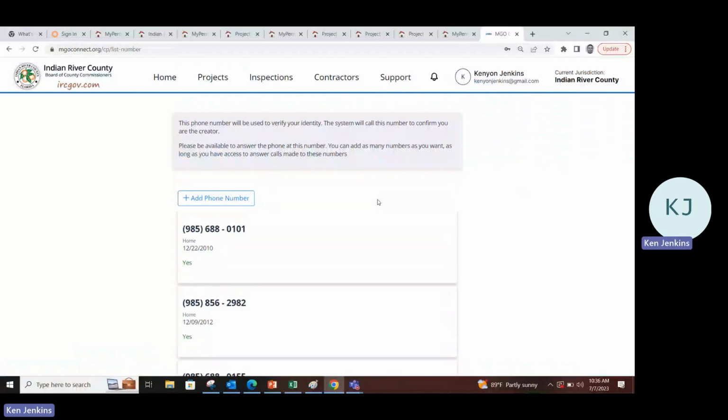Now that we've linked our contractor license, we can go ahead and apply online for a permit. To apply online for a permit, you would select Apply Online for a Permit. You would select Building Division, and then you would get started on a new application. And then from here, you would select the application type that you wish to apply for, and then continue on